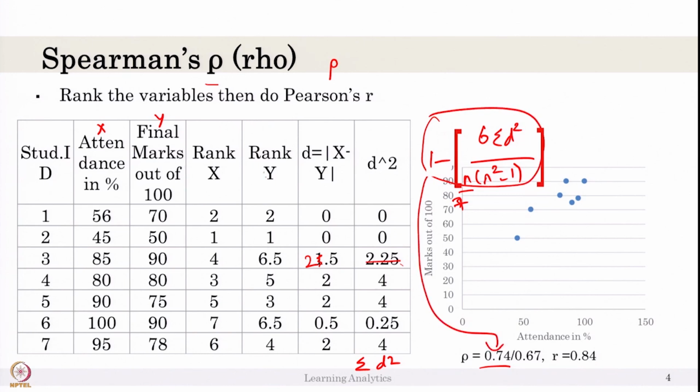If you simply apply Pearson's R on these ranks, you will get this value. This value I took from a website. There is a website which will help you compute Spearman's rho for free. So I used this data, applied it there, and I got this value. So this value is not correct. You can compute it and compare. There is a small difference between the values you compute by applying this formula or applying Pearson's R on